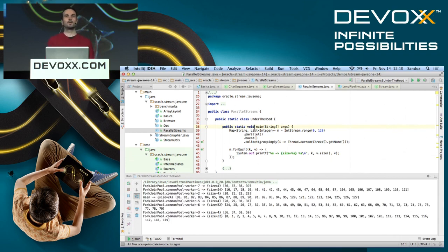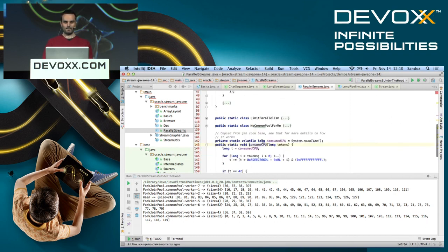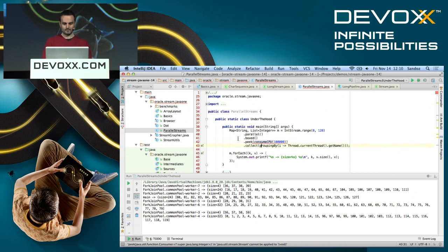This is not doing a lot of work again. Intuitively, this is very fast. So we can actually create some work by hacking in a peek statement and using something called consumeCPU that I copied from something called JMH, so be careful using this. It allows you to consume a bunch of work, just expressing an arbitrary number of tokens. I actually have to pass in something to make the lambda expression happy there. So I'm going to fake some work here. Let's see what happens.